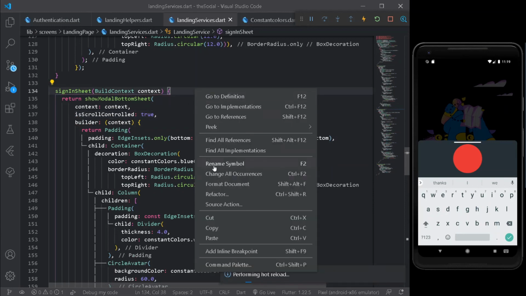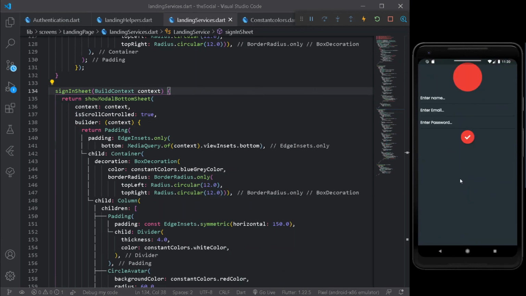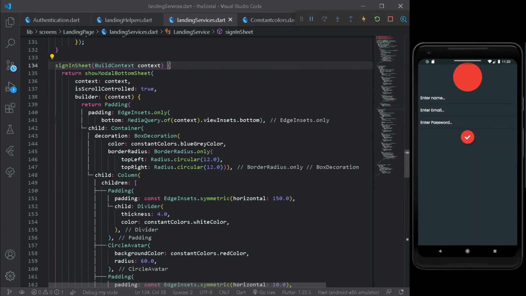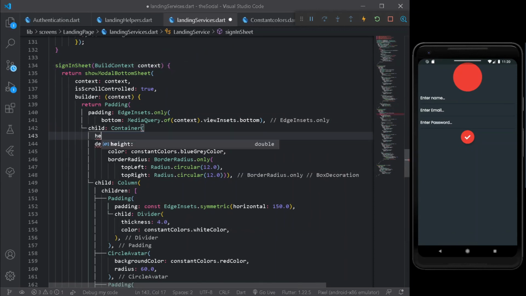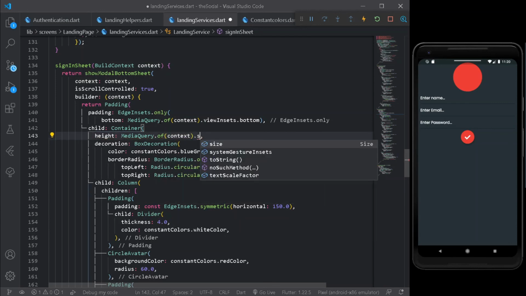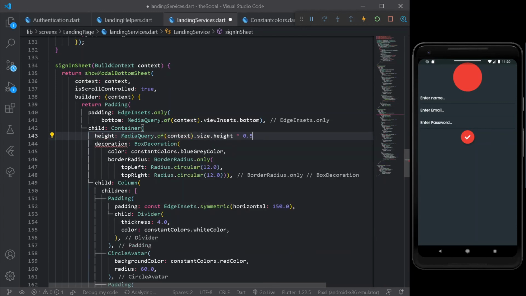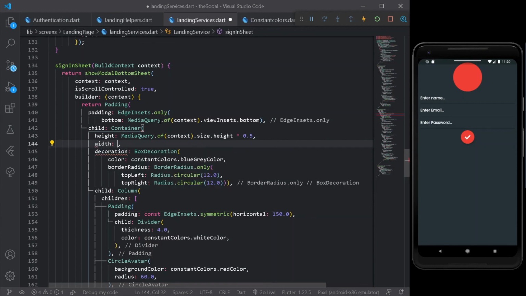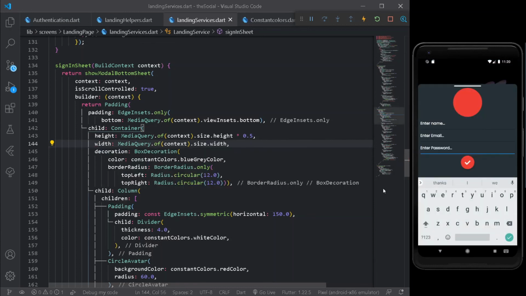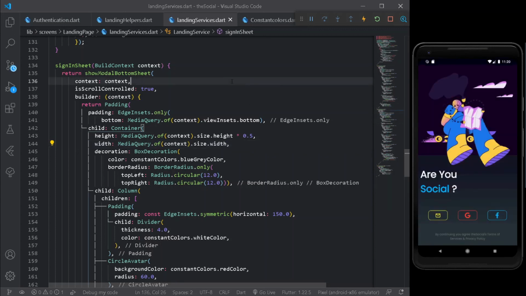Let's test it up. Alright, let's open it. We are getting quite a long height. So for that, let's have a height property of MediaQuery.of(context).size.height times 0.5, and the same goes for our width. Alright, everything is looking quite lit and perfectly managed. After making these changes, we have completed almost 70% of our tutorial. I know the tutorial is going quite long, but we need to make these small changes to make our application a big one.